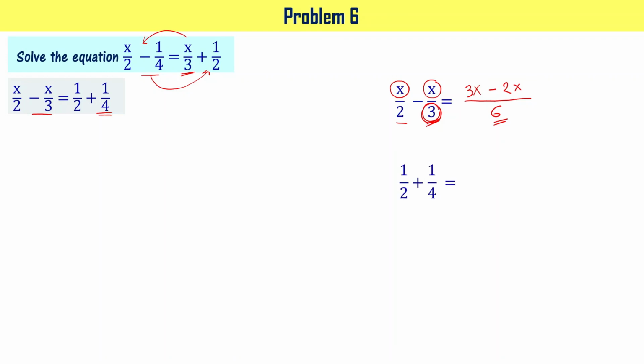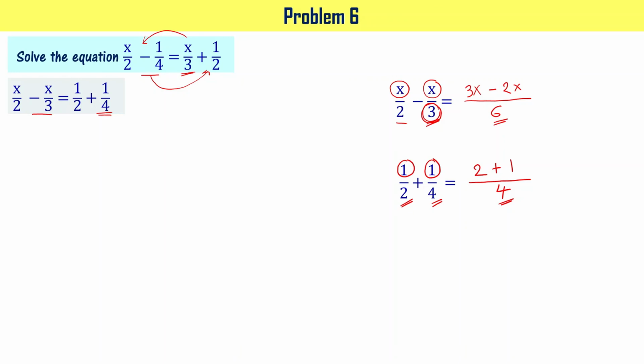1 by 2 plus 1 by 4 is what we have to find, that is the RHS, right? If you see the LCM of 2 and 4, we know that is equal to 4, right? Now let me divide the number 4 by 2. Twice I can divide, right? So it means I have to multiply the number 1 with 2, so that I get 2 as the answer, and keep this plus sign as is. Now I have to divide the number 4 here by this particular number, that is also 4. 4 divided by 4 is 1. It means I have to multiply this 1 with 1, that is 1, right?